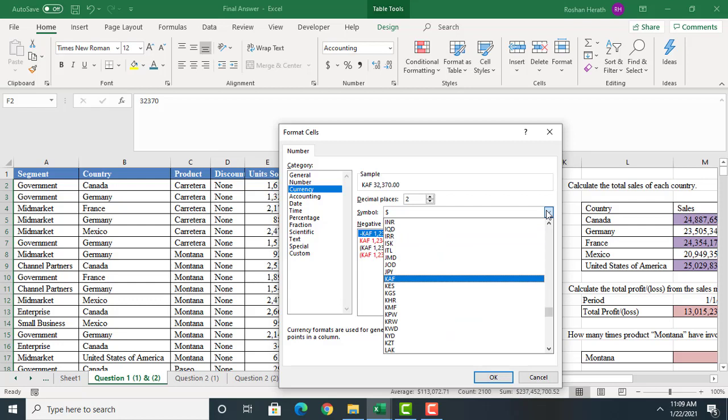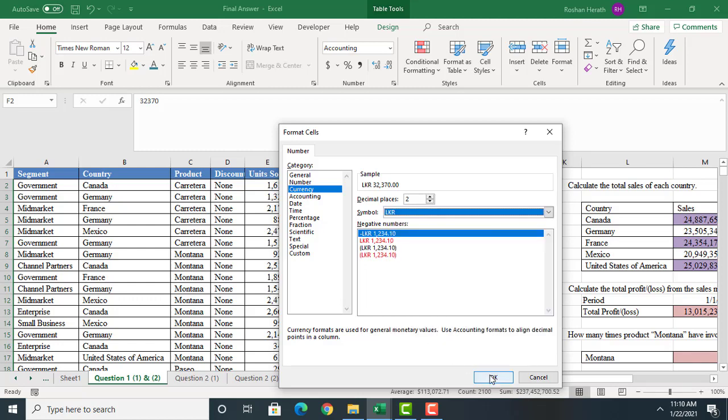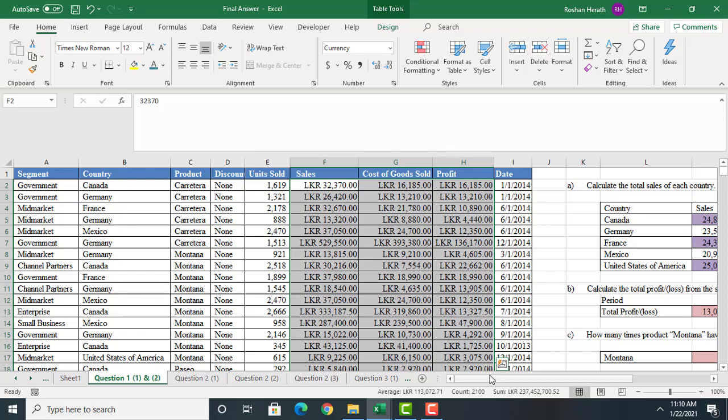Sorry, just type L, then you can see the areas where the L is there. Then you can see the LKR is there. So click on that and say OK. See, now the LKR is being added. So that is our local currency. That's how you